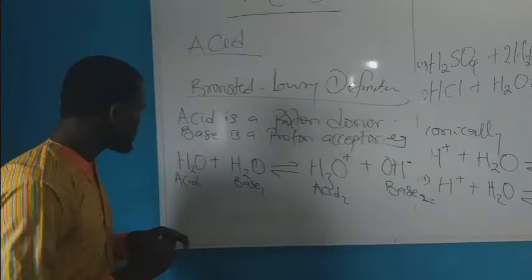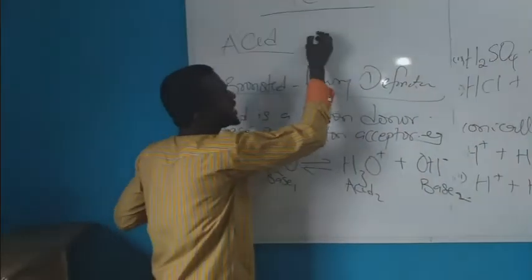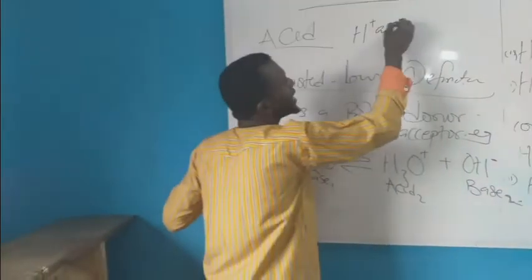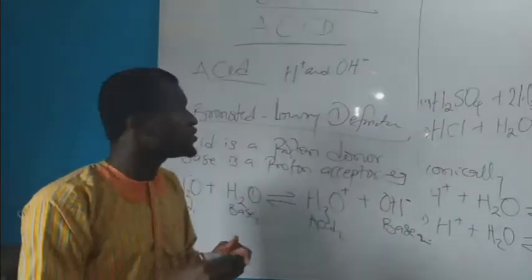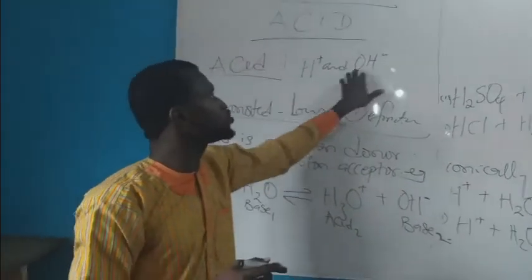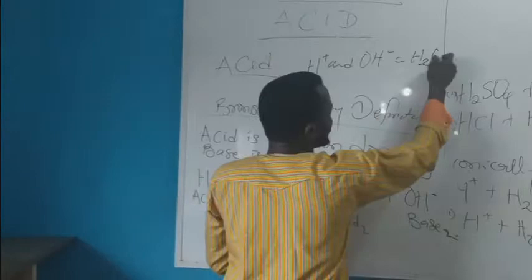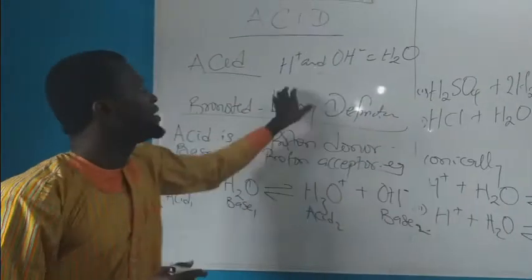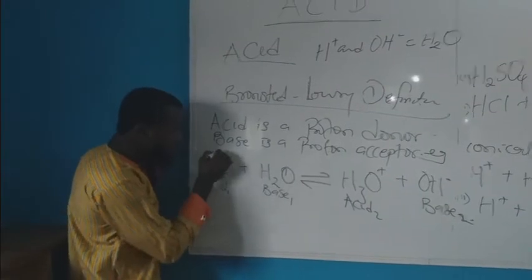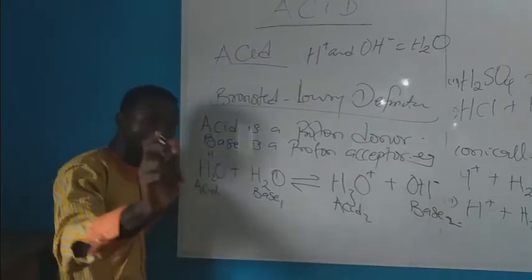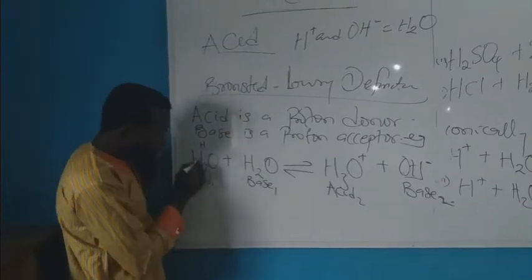From the diagram on the board, water is an integration of hydrogen ion and hydroxide ion. Of course, if you aggregate both, you have H2 what? You have H2O. Now from here, if you remove one H from here, of course I'm left with OH. This is the OH here. Now, if you remove the H